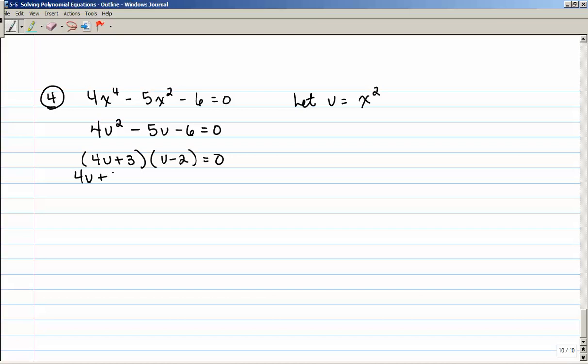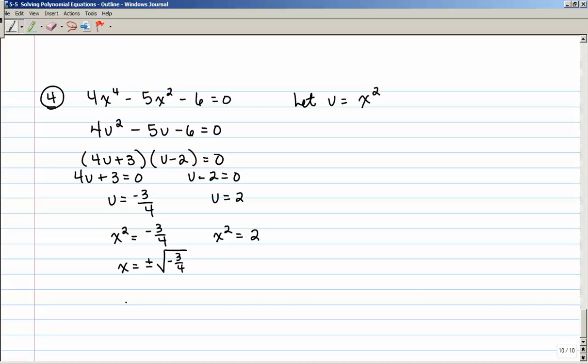So 4u plus 3 equals 0. U minus 2 equals 0. So u is equal to -3/4, and u is equal to +2. Substituting back in x squared equals -3/4. X squared equals 2. So x is equal to the positive or negative square root of